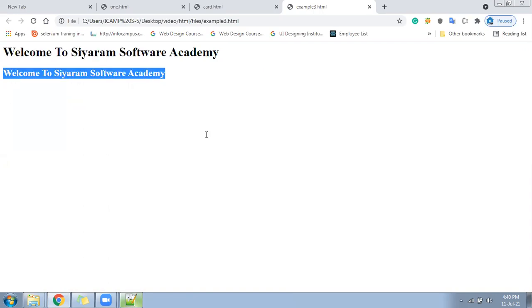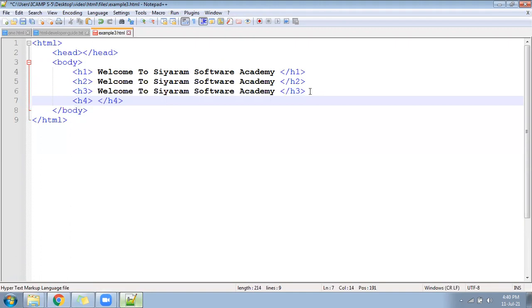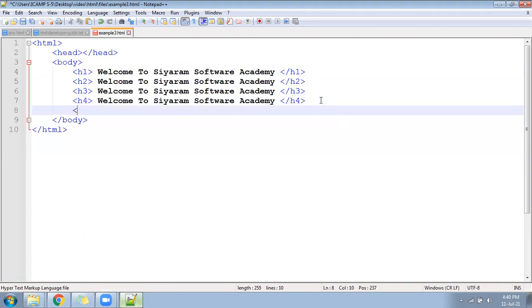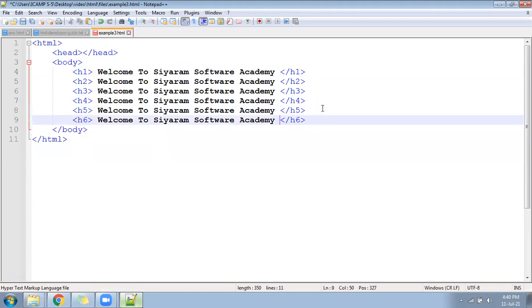Okay, now let's come back. Let's write the H3. I will write H3, and inside the H3 also I'll keep the same text. Let me follow with H4, same text, right? So here let me follow with H5, same text, and let me follow with H6, same text. Now once we run the page, you will see the difference. Okay, what is the difference and how it is going to display in your browser. So you have seen H1 is the bigger one, H2 was a little smaller. What about H3, H4, H5 and H6?